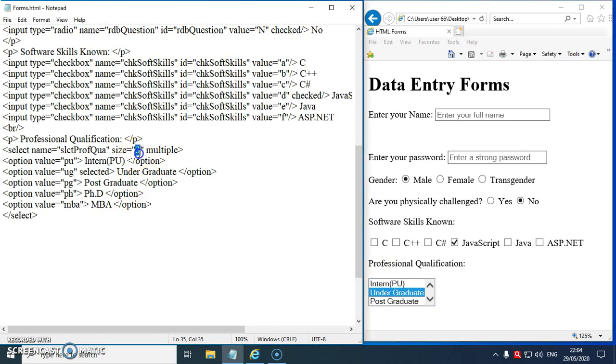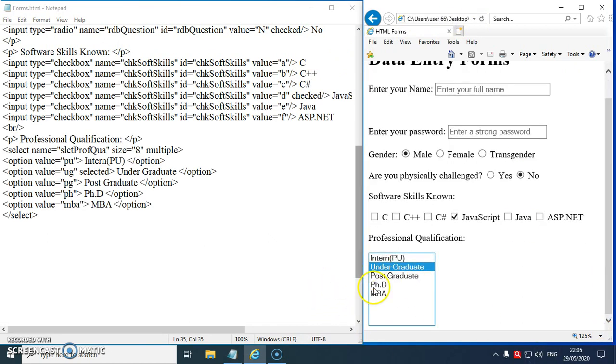If I change the size to 8, control S and reload the page, observe the output. For 8 items, the list box is displayed, and only 5 are displayed because we have created only 5 list items.